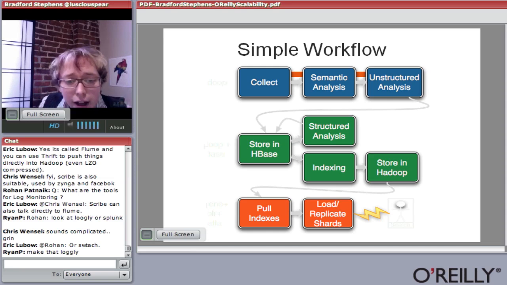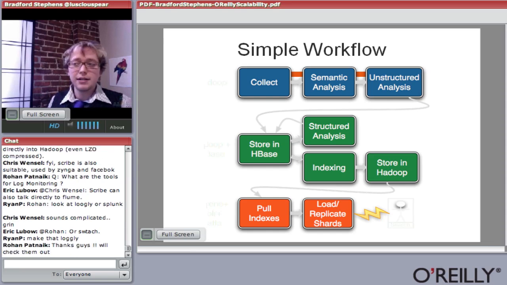So this didn't turn out that well turning to PDF, but I'll make it easy. Here's a really simple workflow that I put together at our previous company, Visible Technologies, and it's 3 very different systems. This is something you'll see a lot if you're a BI or analytics company. There may be one system like Hadoop boxes, $1,000 each with a ton of storage, and they collect data as MapReduce jobs, do semantic analysis, and then some kind of unstructured analysis, things like how many $ signs appear in this post, or is this spam? And that may be a whole cluster just dedicated to processing and collecting data.